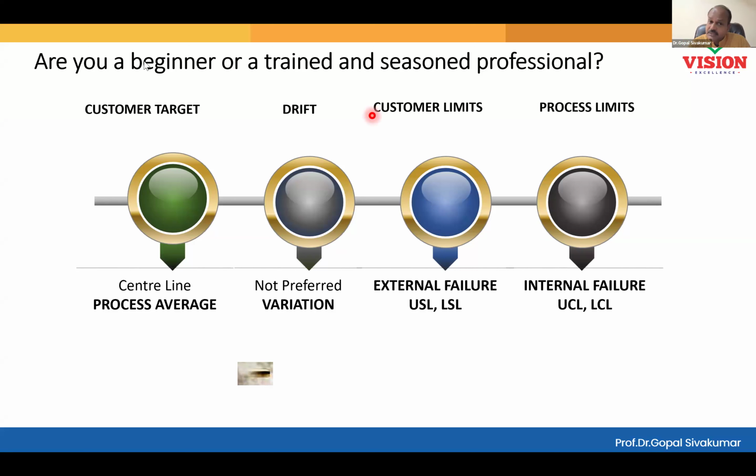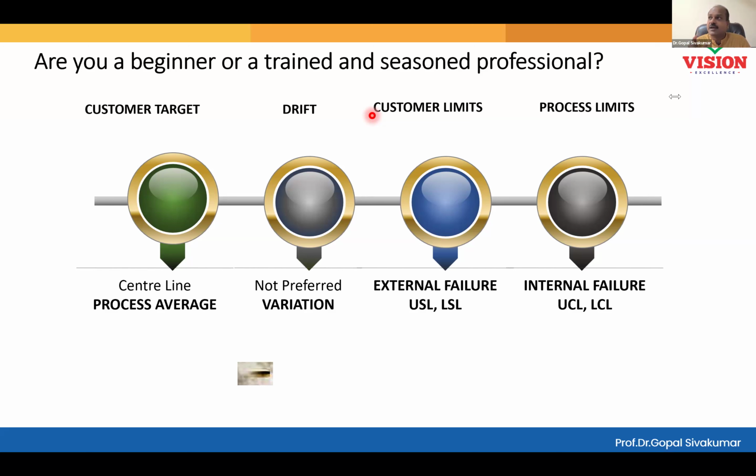If control limits are inside the specification, now you see an observation outside the control limit, it should be recognized as a case of internal failure. I do not know how many of you understand. If control limits are inside the spec, now you see an observation inside the specification, but outside the control limit. How do you want to classify? Do you want to accept it as a usual event? Or do you want to recognize that as an unusual event and take action? You must recognize this as an unusual event.